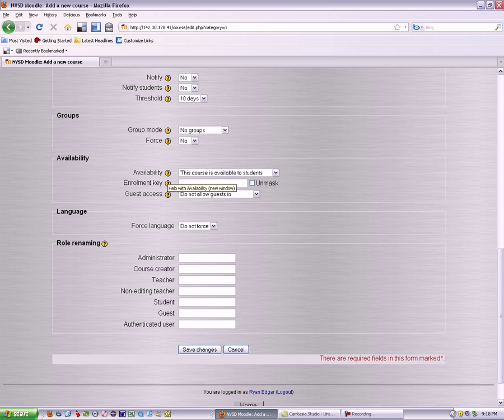Right now, it's defaulted to this course is available to students. So basically, students will be able to log on to this course, assuming you give them the URL of your course, which is up here, and they will be able to gain access to this course and see everything that's in the site. Right beneath it is an enrollment key. It's blank, and because it's blank, anybody who